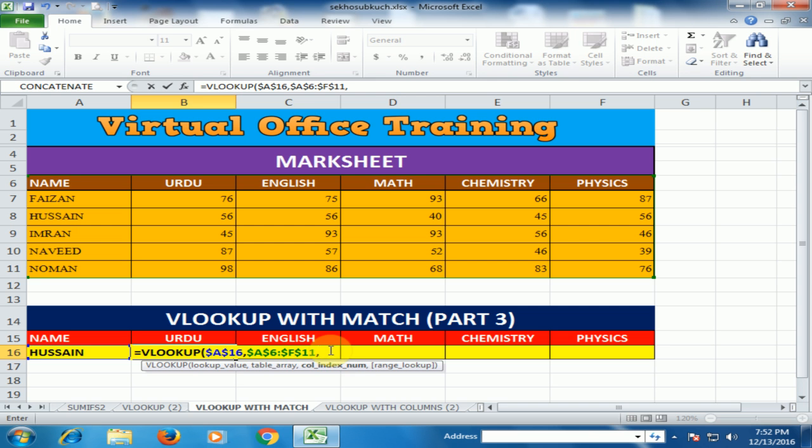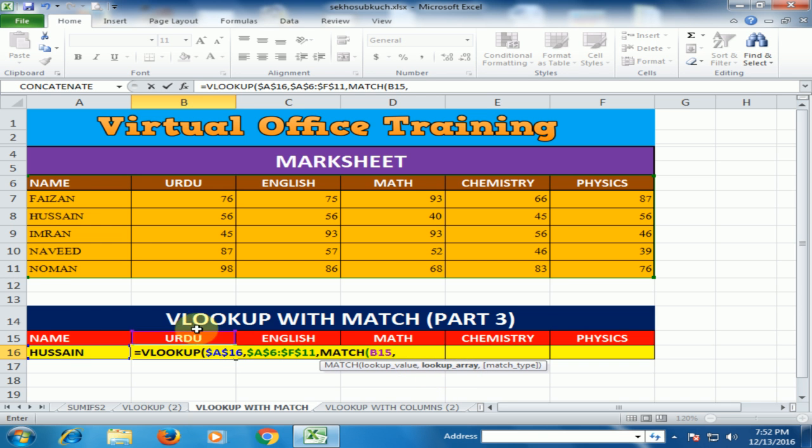Press comma. What is the column index? I will use the match function for the column index number. Just type match. Lookup value is this, comma.